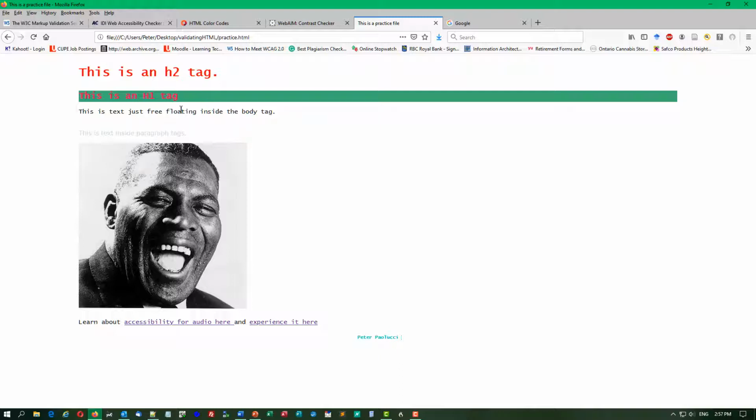This is text just floating in the body. This is stuff inside a paragraph tag, and it is a very, very washed out gray that you can hardly see. Here's my image. There's no caption or alt text to it, and there's two hyperlinks here. One is accessibility for audio, takes me to a page, and this is actually going to play